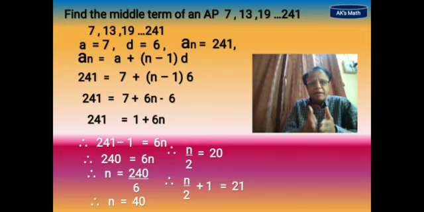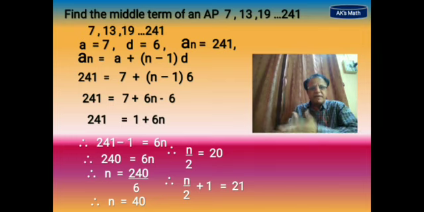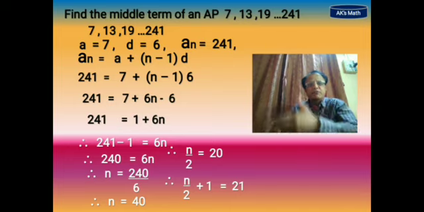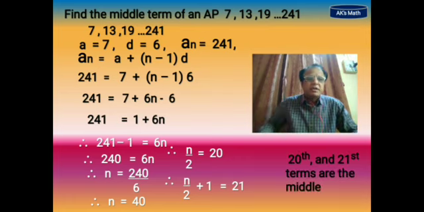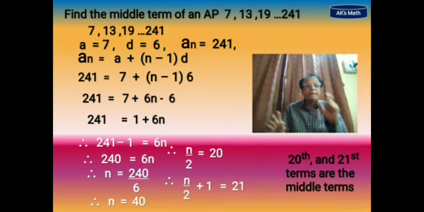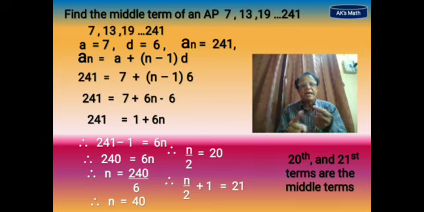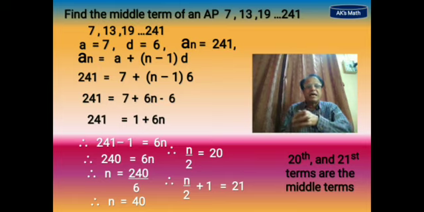40 टर्म में से पहले हमको उसका आधा निकालना पड़ेगा, 20 नंबर. n by 2 is equal to 20 and 20th term and next term is 21st term. So n by 2 plus 1. So we can say that 20th and 21st term are the middle terms. Remember students, if in such examples in which you have to find out the actual terms, then you have to keep this 20, 21, A, D in the general formula. Then you will get the 20th term as well as the 21st term of the given AP if the actual terms are asked.